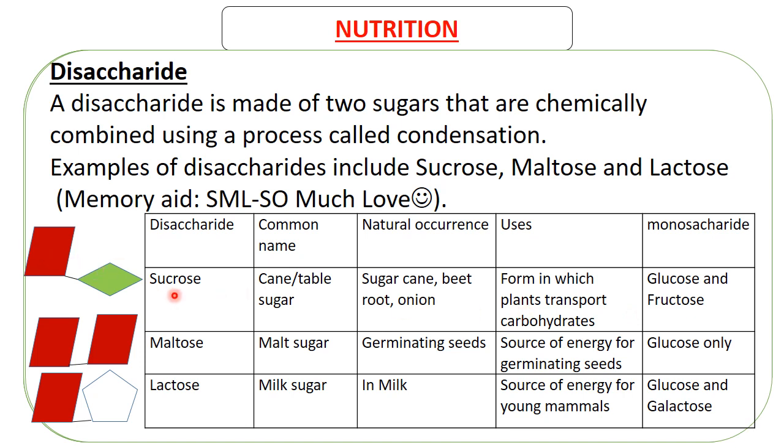The common name for sucrose is cane or table sugar. The sugar that we buy, the sugar that we use when making ziggy, that's sucrose. So its natural occurrence is usually in sugarcane, beetroot, and onion. Surprisingly, onion. Its uses are